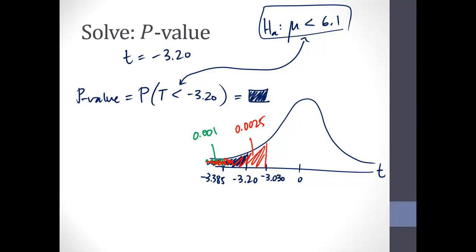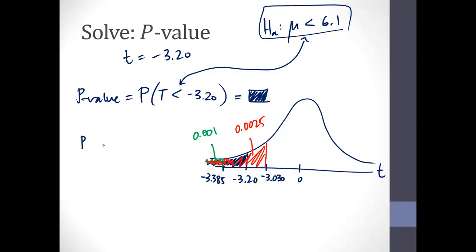So again, the red area is 0.0025, the green area is 0.001. So what does that tell me about the blue area? See if you guys can jump to that. Exactly right. So if you look at the picture there, again, if we're looking at cumulative areas, the red includes all of the blue area, and the blue includes all of the green. So that means that this